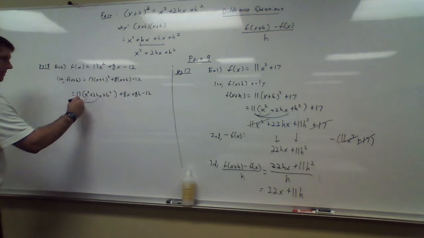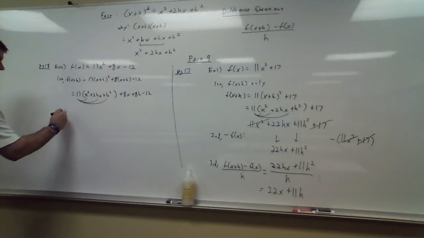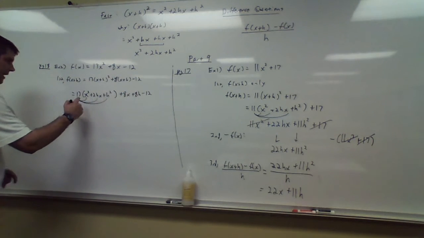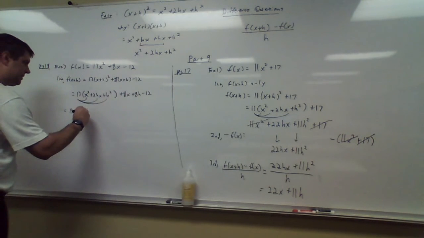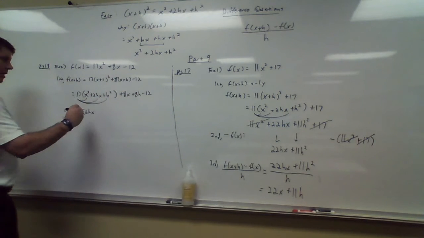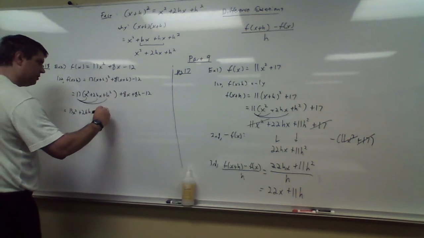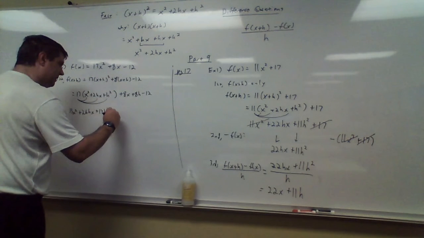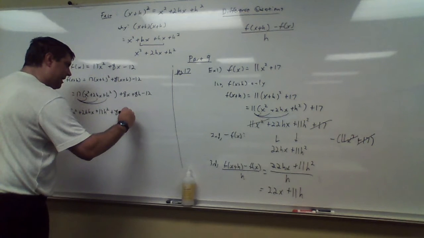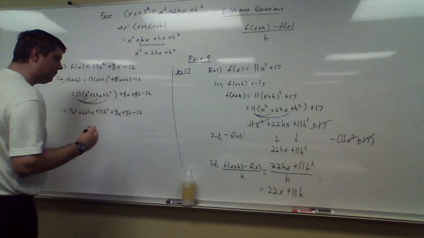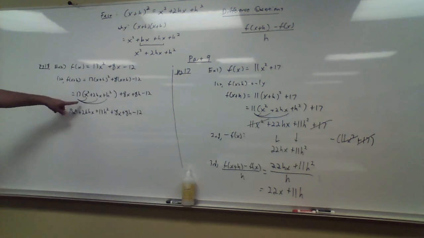So I'll be scooting back a little bit with each step. That gives me 13x squared plus 26hx plus 13h squared plus 8x plus 8h minus 12. Okay? Comes from all that. Second,